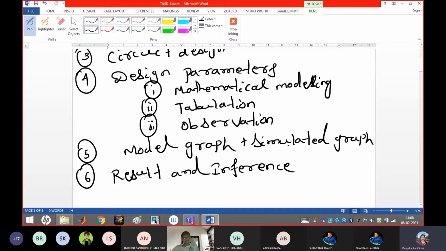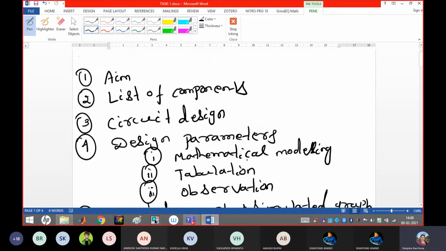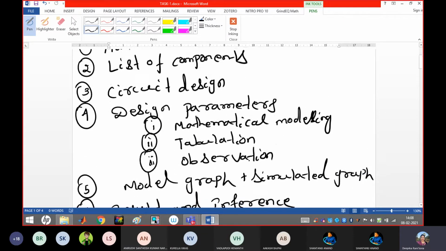And simulated graph means the circuit part you are going to run in your software. After that, whichever graph is generated, you have to include that. So these are the things your lab manual must contain. You must follow this process for your lab manual maintenance. Okay, got it, guys?